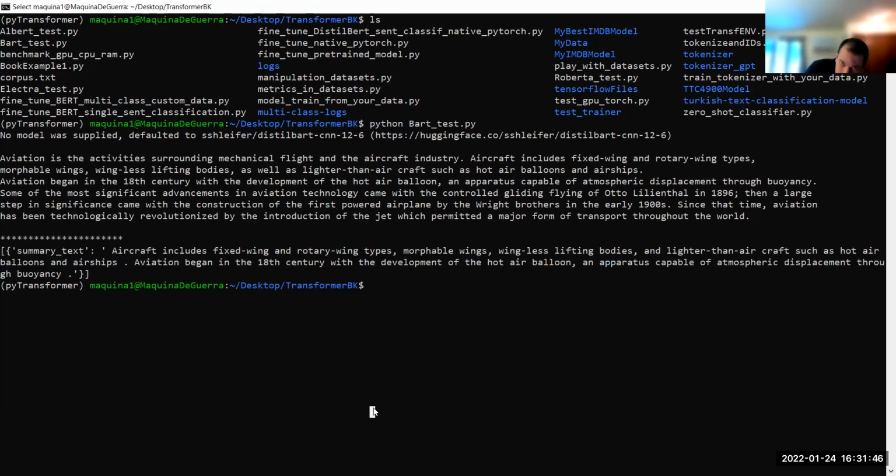So if you guys look at this, what do you think it did basically? You analyze the output compared to the input. What do you think it did? Seems like it grabbed what it considered the most important of all of the sentences. Is that what you think it did? That's what it looks like to me.